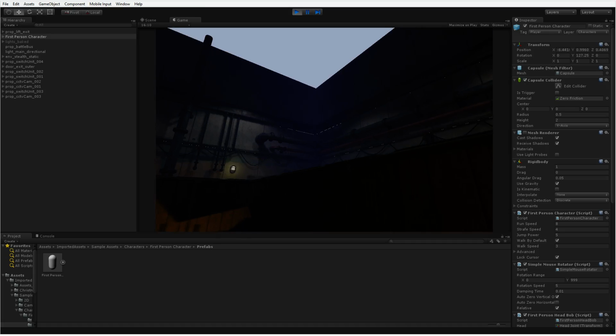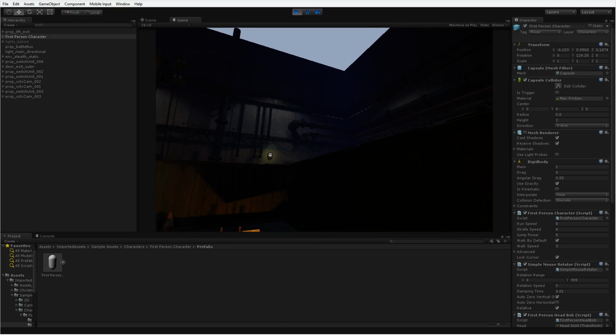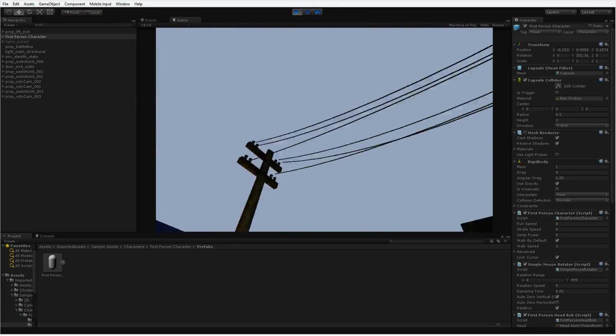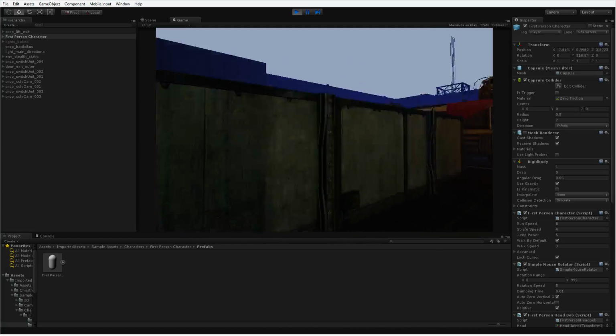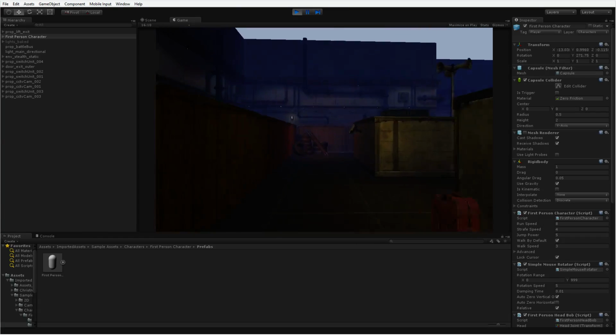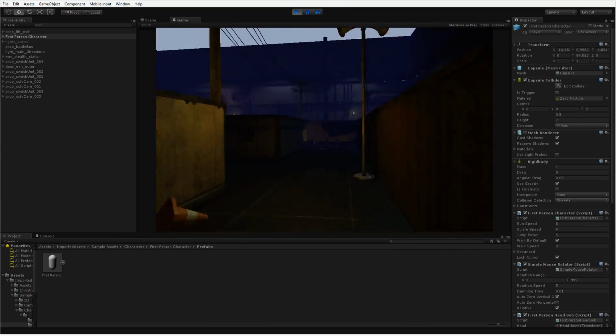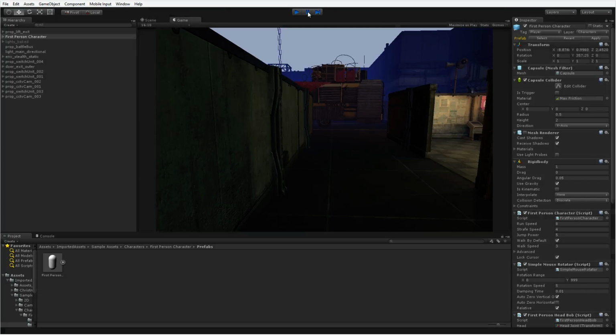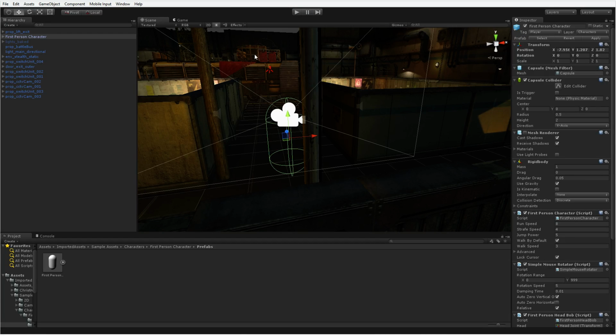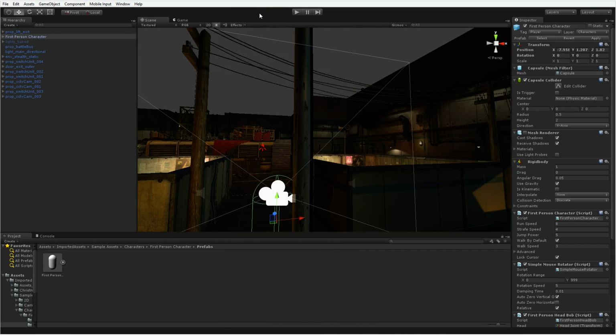You'll notice there are some seams visible in between pieces of the mesh, and the sky is kind of light there. So this really doesn't look great yet, just based on the way the default first-person character is. Here's a real quick, easy hack, if you will, to make this look a little bit better. So I noticed there was a purplish fog on this level.